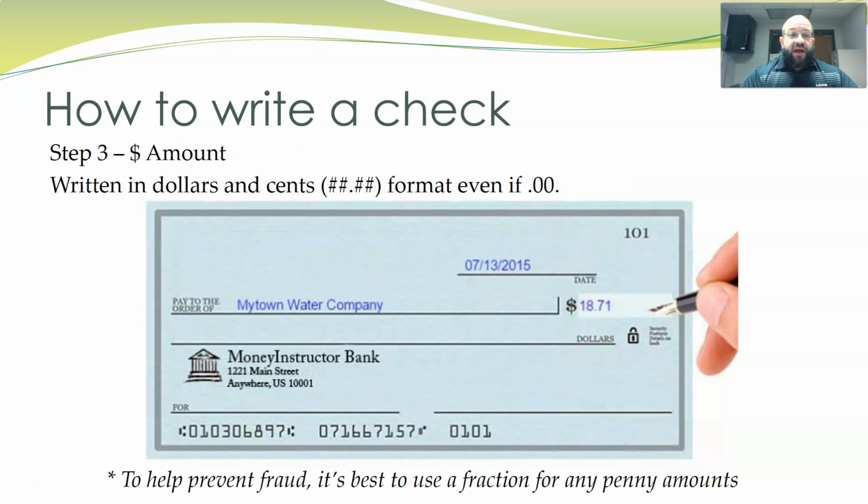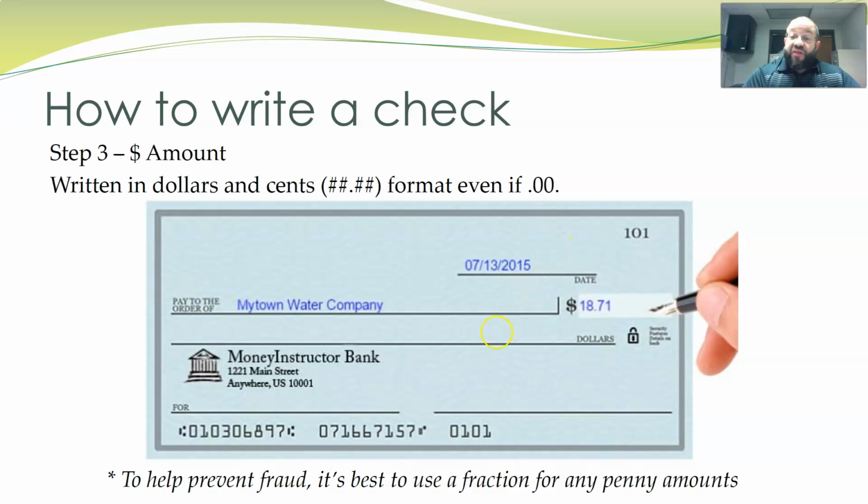The next one, all right, here's where I diverge a little bit from the instructions, okay? And you'll see here in just a minute. Note here, the 101 and check 101, those should always match, okay? So you've got My Town Water Company, the date. Now, the dollar amount, this is in the dollar box, written in dollars and cents in numbers format, even if it is in zeros. So if it has zeros, you just don't write, in this case, 1800, you write 18,